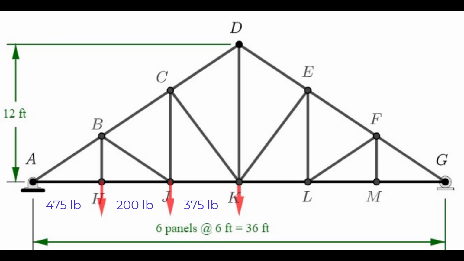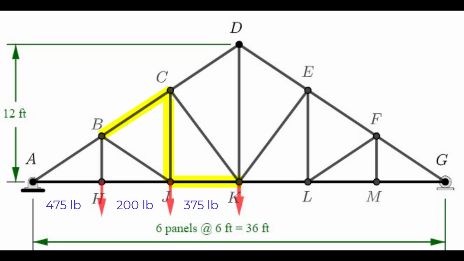Here we have a Howe truss, and it has three external forces. First one at H of 475, at J of 200, at K of 375. We are asked to determine the reactions in the members BC, CJ, and JK, their magnitudes, and whether they're in